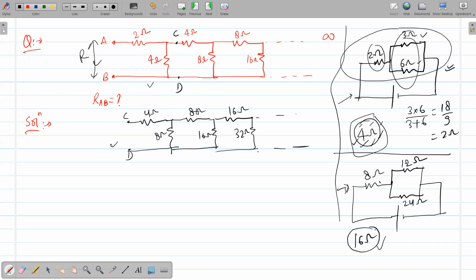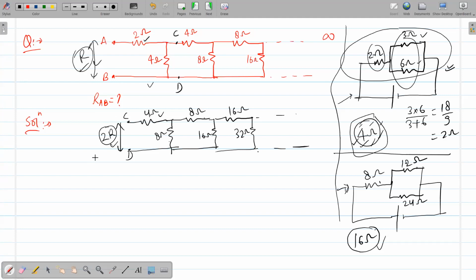Yes, that's great. So each number you can compare. Here we have 2 ohm, here we have 4, 4, 8, 4, 8, 8, 16. Each resistance is multiplied by 2. So that means across CD, if we calculate how much resistance we can expect, if resistance across AB is R, absolutely certain this will come out as 2R.